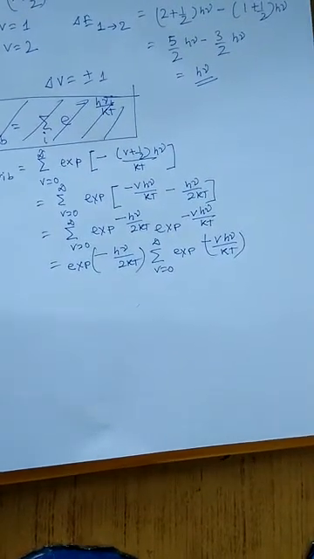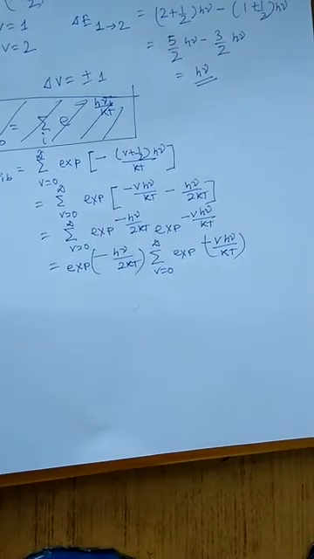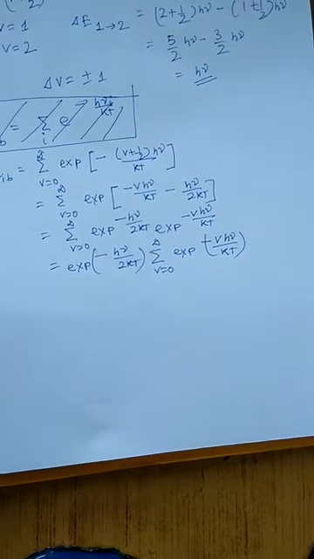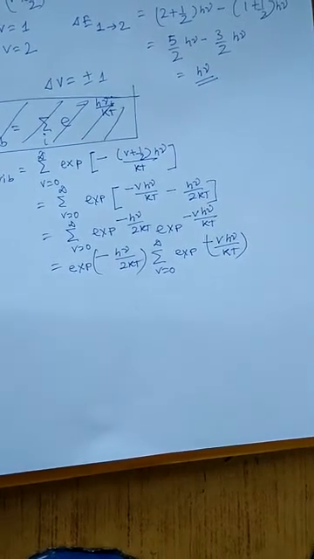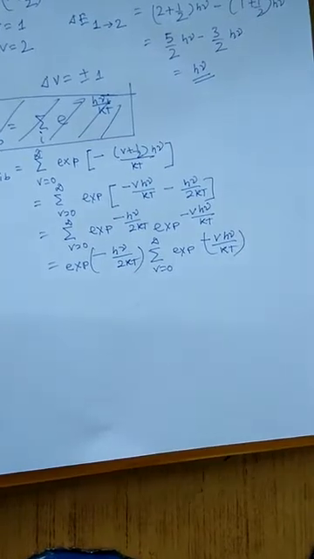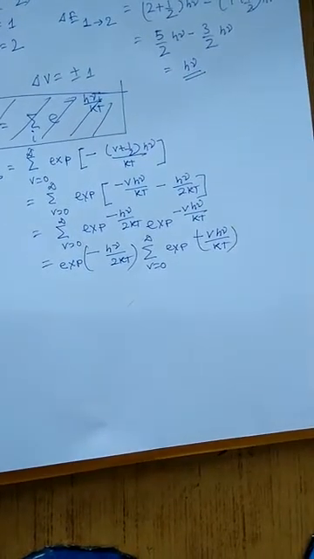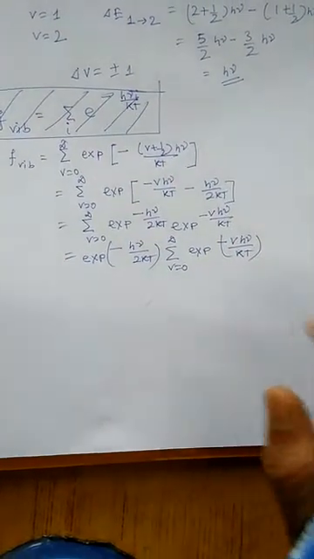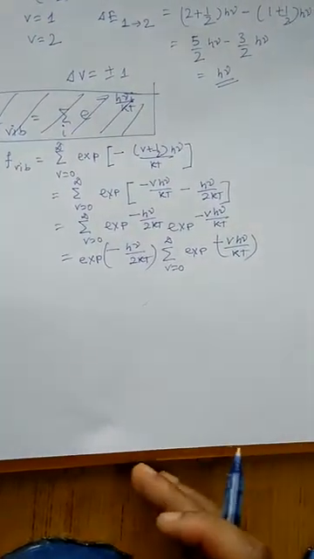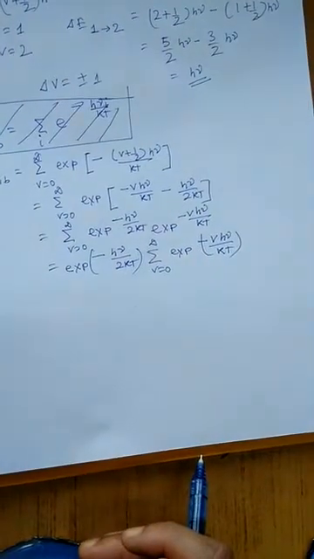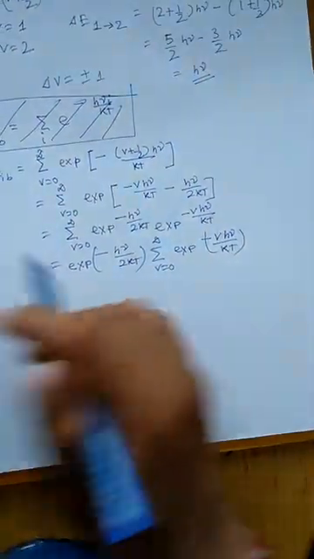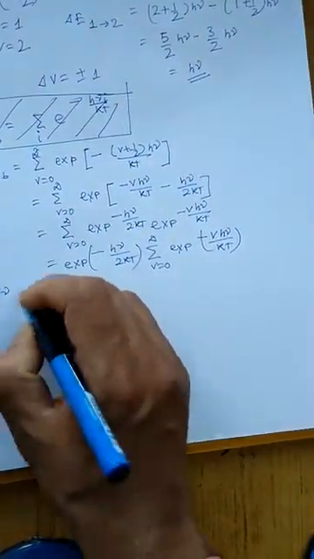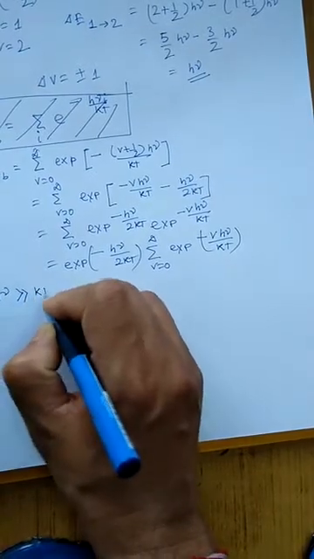So these energy levels are not very closely spaced, so it's very difficult to eliminate the summation sign by an integration sign. In the previous two cases, in case of translational and rotational energy levels, we just replaced the summation sign by the integration sign, but here we can't do that. In other words, h nu is much greater than kT.